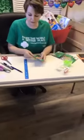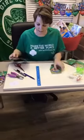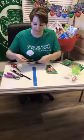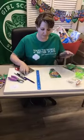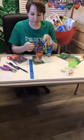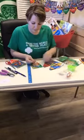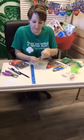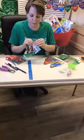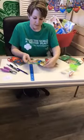And then we're ready to assemble our banner. You're going to do this multiple times, and for time's sake, I have prepared a few, like so. And I've already got brads put in, so what you do is you take one of your brads, you insert it into one of the holes, and you spread it out, and you've attached your pendant to each other, these